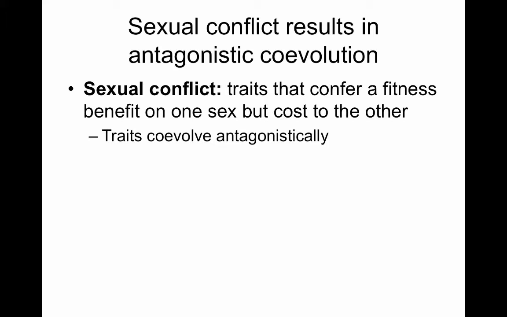All right, so one of the things that can happen is sexual conflict, where traits confer a fitness benefit in one sex but a cost to the other. I mentioned this in the case of many insects, where appendages on male genitalia may allow them to remove sperm from the female reproductive tract, but this can damage the female. There's some evidence that sperm is also poisonous to females of many species, such as fruit flies, and shortens their lives and exerts other